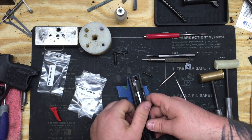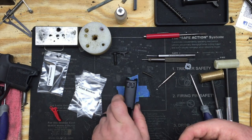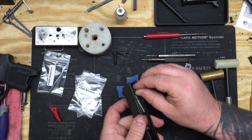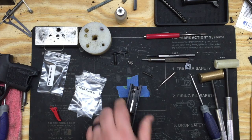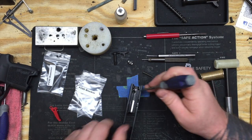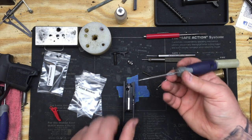If you just move your thumb, your finger, whatever you're holding it with, it's going to fly out. So we're going to turn our slide over, tap it on the bench to where we can get a good enough hold on it. We're going to grab our blocker, set it off to the side. Now, sometimes your stock springs don't want to come out. There's two ways of doing this. You can take your pick, pull it out that way,